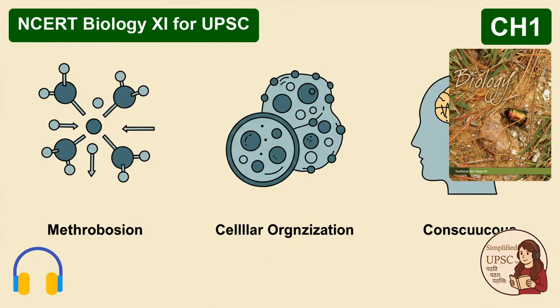Exactly. So if growth and reproduction both have these holes in them, we have to look deeper. We have to look at the processes that are actually keeping the lights on. And that brings us to metabolism and cellular organization. Now, this is where it gets really interesting for exam purposes. It does, because all living organisms are these massive, self-regulating chemical factories. They're constantly making and breaking biomolecules. Thousands of reactions all happening at once. And that sum total of reactions is metabolism.